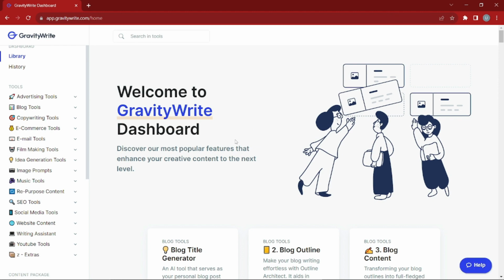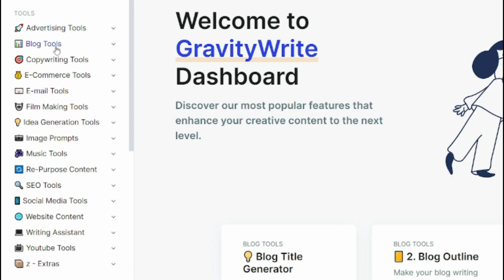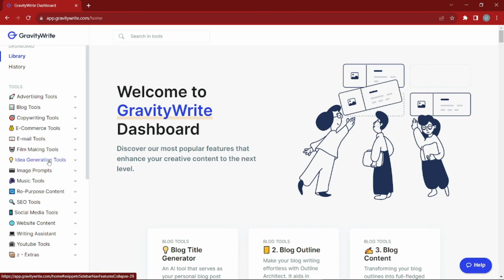So now you can see it will give you access to many tools, which are advertising tools, blog tools, copywriting tools. So you can create anything from this GravityWrite.com. It's a very effective AI website for creating scripts, blogs, email tools, filmmaking, literally anything. But in this specific video, we are here to make the script for our YouTube content, which we'll be making afterwards. So for that, you need to go to this YouTube tools column right over here, and it will